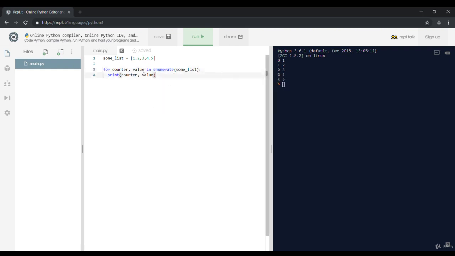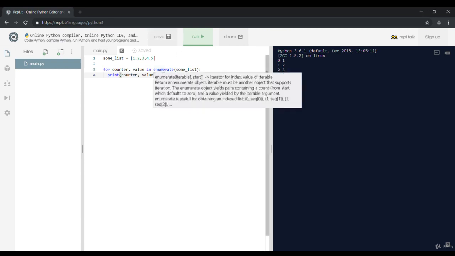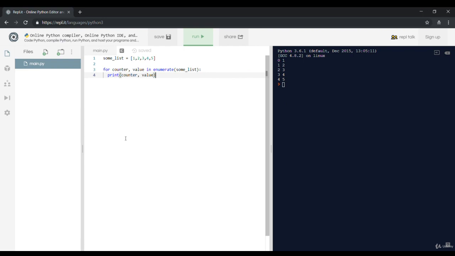another variable we can call counter, okay? And it's going to print it out starting at 0, so 0, 1, 2, 3, 4, and then it's going to go to value, and the value is actually going to be the value in the list. Okay, so let's say we have a really long list and we don't want to have to go through every single item. We just know for whatever reason, we want to be able to print out the item in index 3. So all you would need to do is say print some list in the